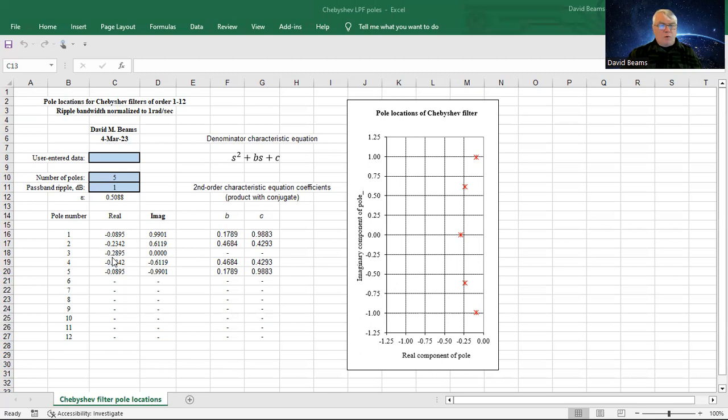We use this pole to design a first order section. So let's take note of this. We only need the magnitude. We don't need the sign. The number is 0.2895. Okay, so we take these numerical data and we go now to the second spreadsheet, which we will use